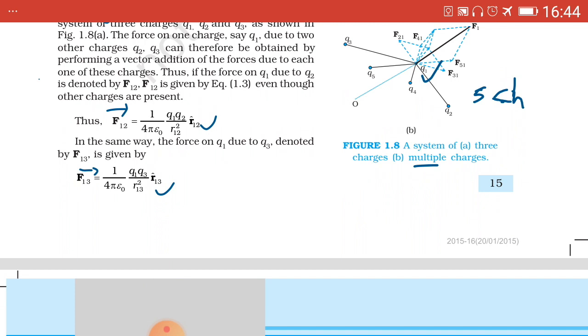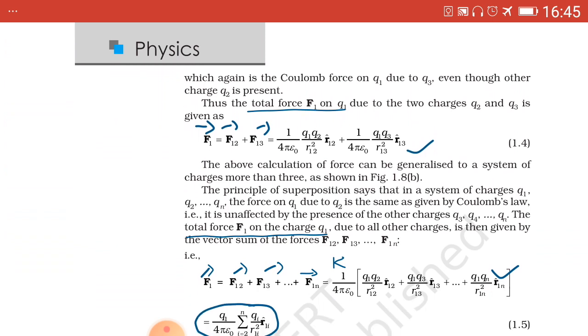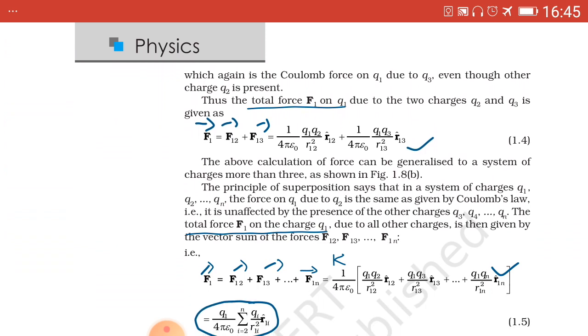Now from those two equations we can calculate the total force on charge Q1. Here it's written in equation 1.4. The total force F1 vector on Q1